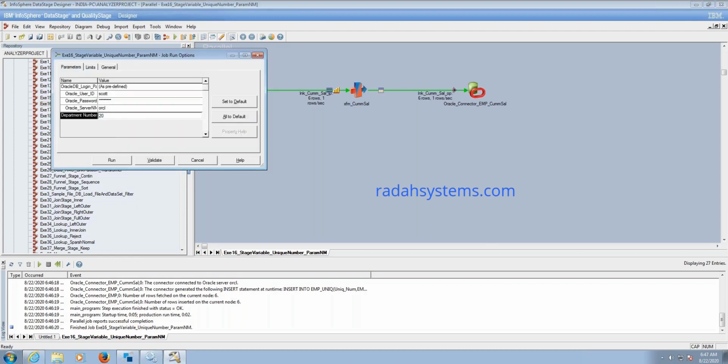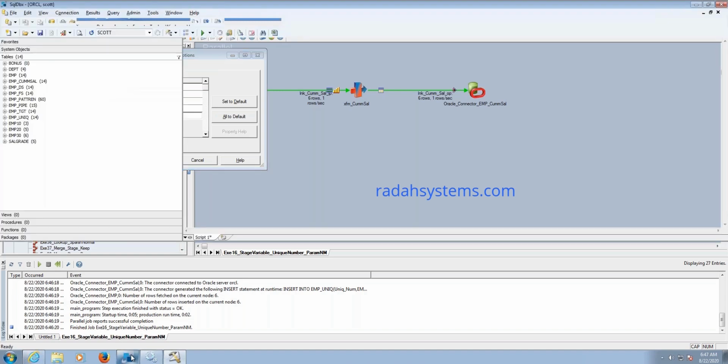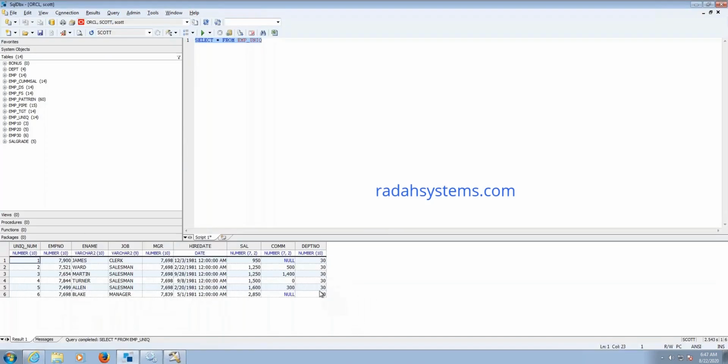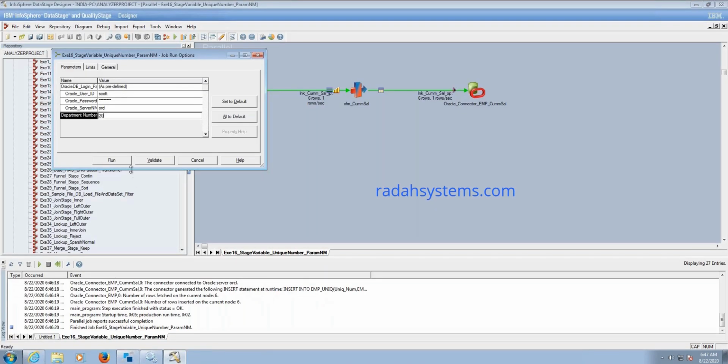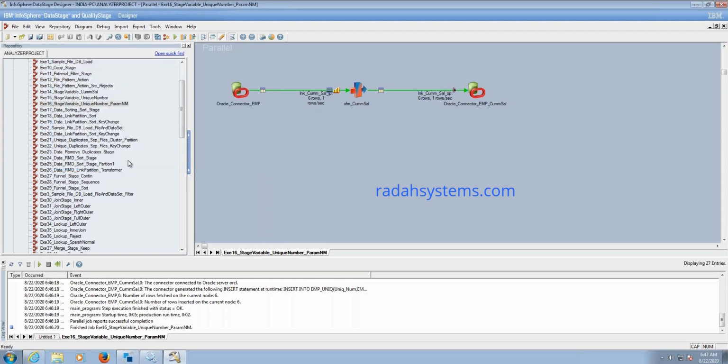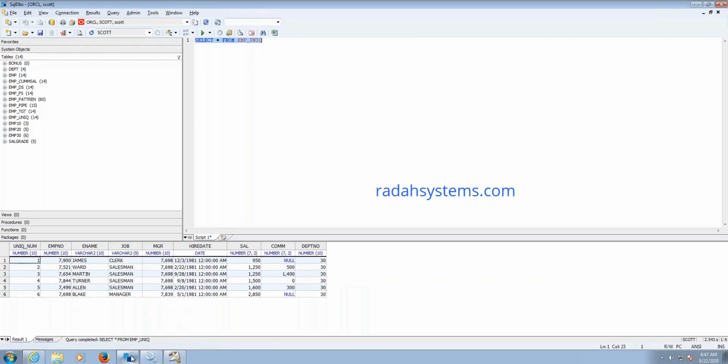So I am giving 20. Last time I had given 30, so all the 30 department data was reflected in the output. Now I will give 20. Click on run. I have given 20. Now 20 will be displayed in the target table.